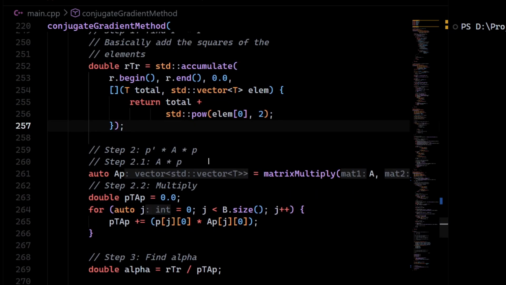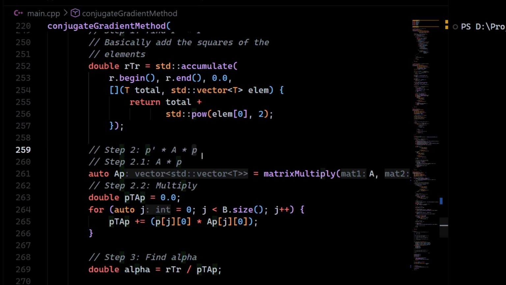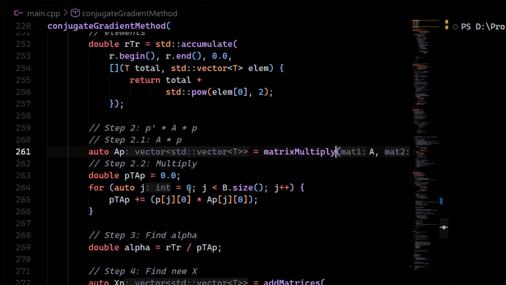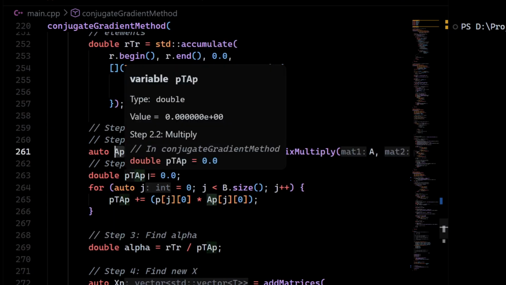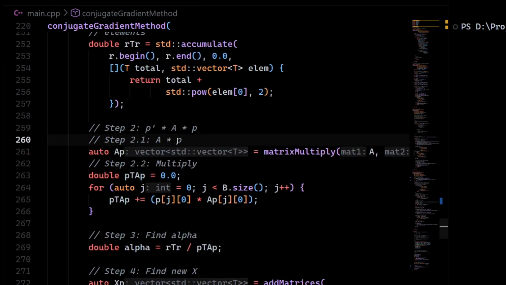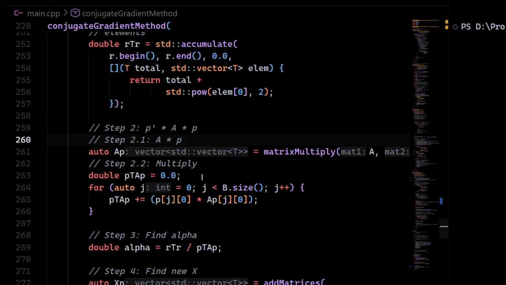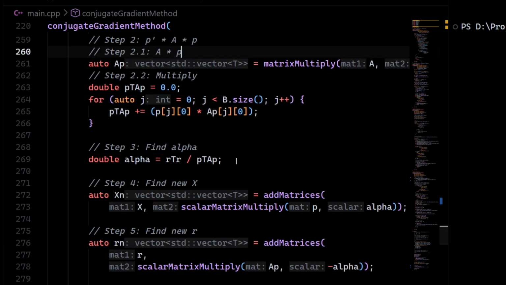The next step is to find the value of P transpose times A times P. Since A and P are known values, we can just multiply them together using this utility function. Then we multiply this result AP with the value of P transpose. Instead of creating a new matrix for P transpose, we will just multiply these two together using a simple for loop, because the result AP is just a 1-dimensional vector. Now we get into finding the scalar value alpha. So from the slide we know that the value of alpha is R transpose R by P transpose AP. So we find the value and we set